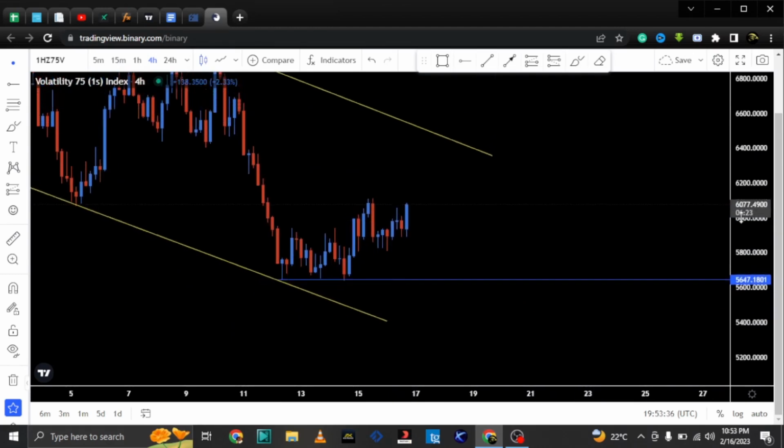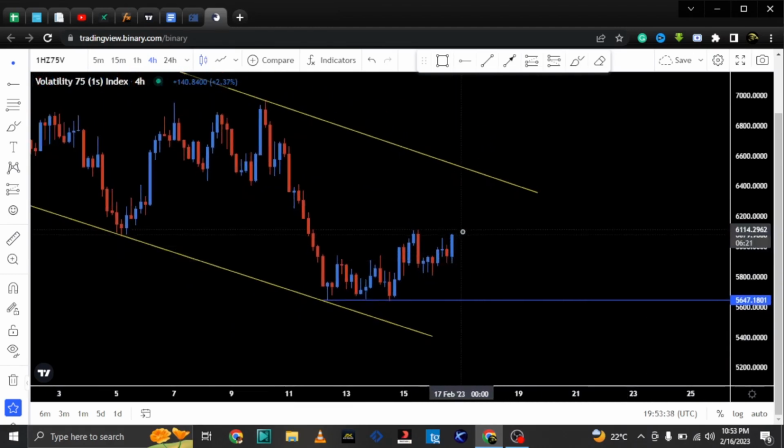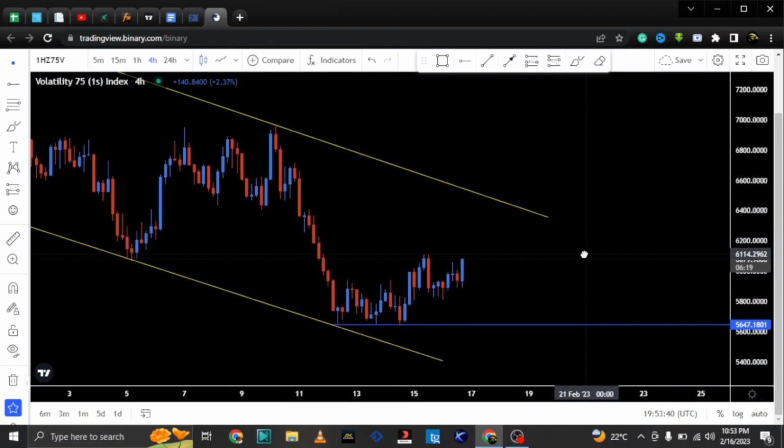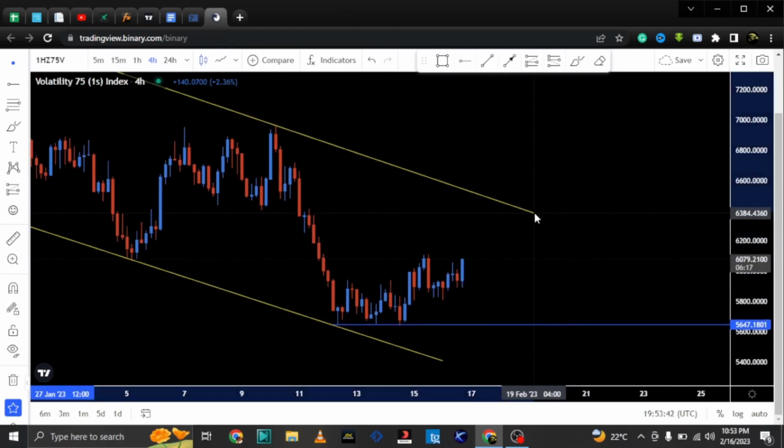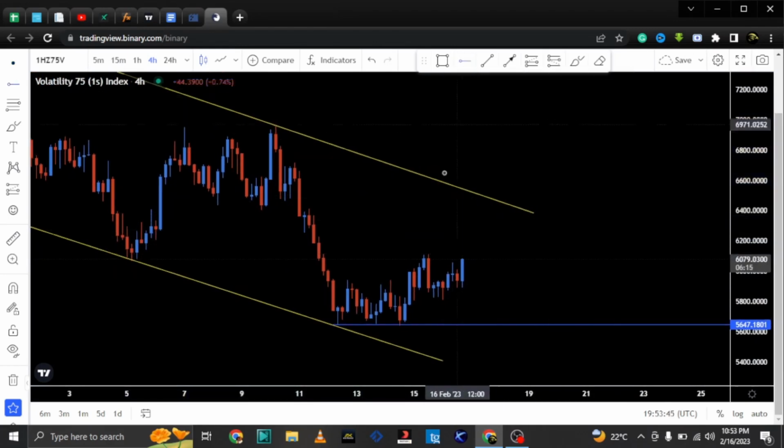And the market is now moving to there. It's very bullish at the moment. So let's see. We want to see how this market is going to behave